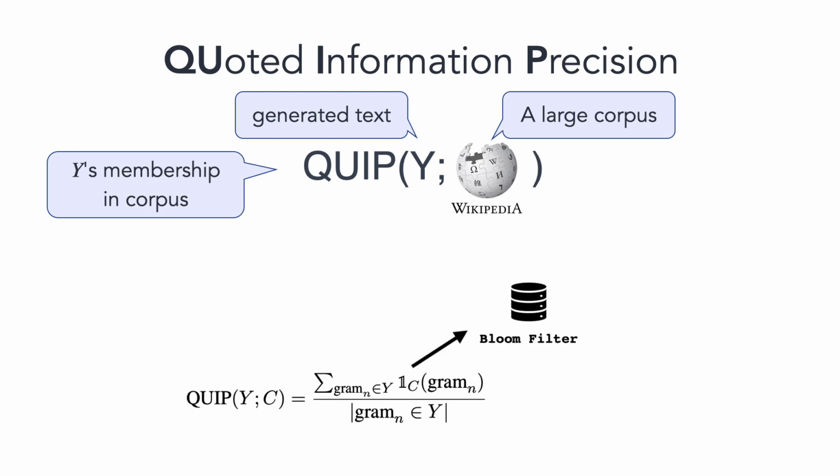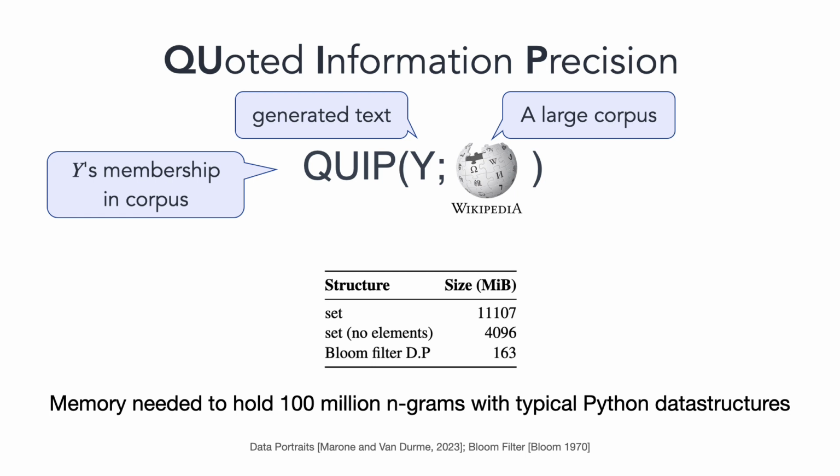This indicator function needs to be efficient, so we use a specialized data structure called a Bloom filter. Why? A typical n-gram metric package, like SacreBLEU, uses sets and dictionaries to keep track of n-grams. In Python, these data structures can consume a huge amount of memory. We instead use efficient data structures, borrowing this particular implementation from our prior work on dataset documentation. Note the memory consumption for 100 million n-grams here. It takes a lot of memory to store n-grams in a typical Python data structure. But by using a Bloom filter, we can do this much more easily. By our estimate, if we had naively scaled an n-gram metric to all of Wikipedia, it would have taken about 1.5 terabytes of RAM.